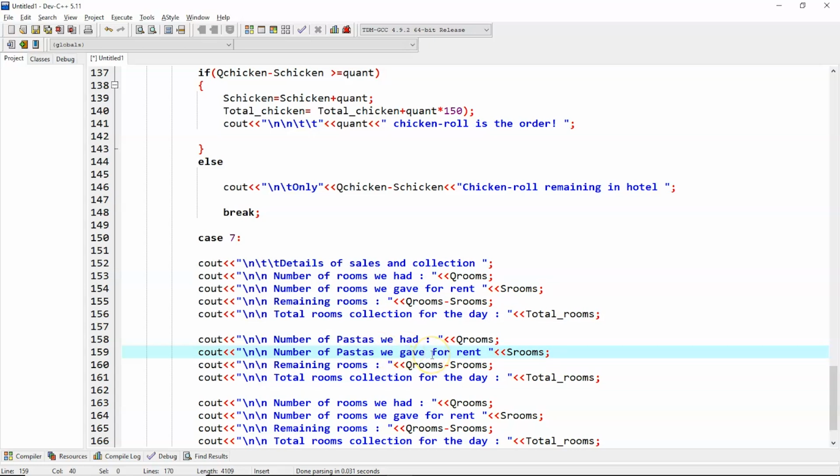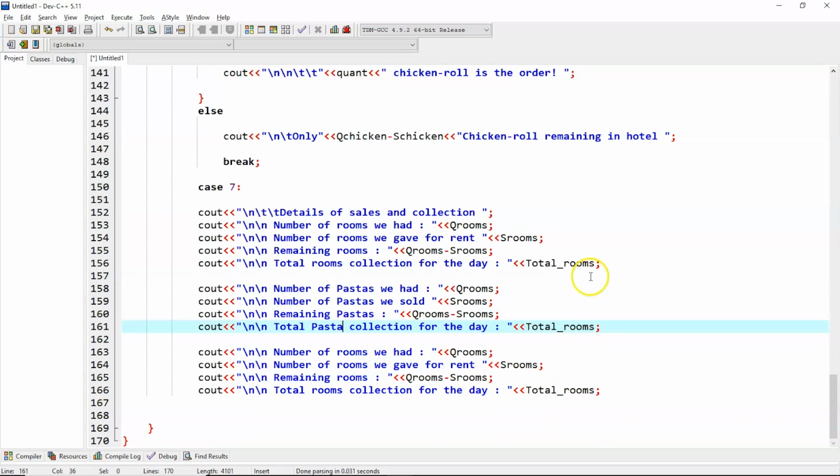Number of pastas we sold. Yeah, that would be right. Now remaining pastas, there are a few minor changes that we have to do. Total pasta collection. Also make sure to change the variables. Total pasta, then Q pasta,